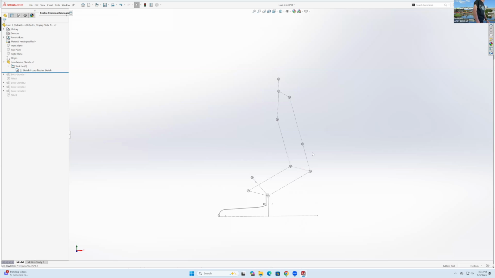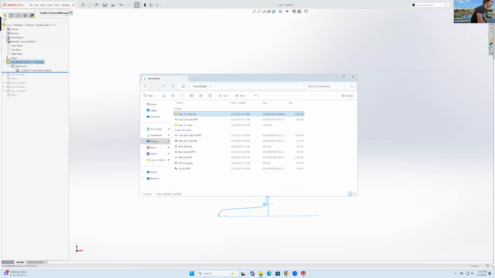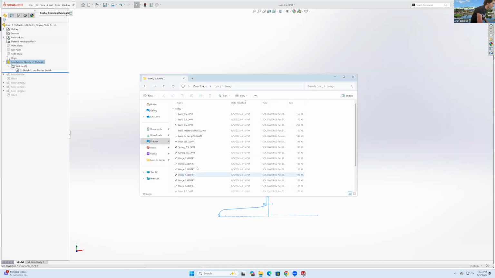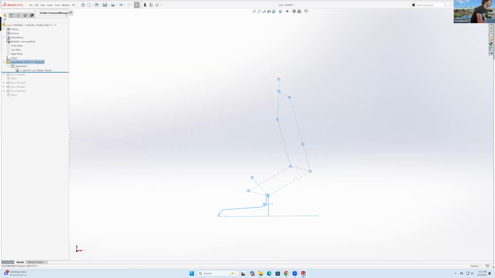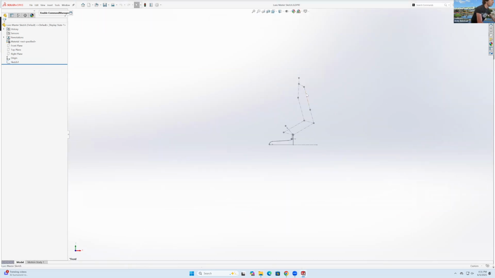And in the same way, there's a very powerful master sketch thing, I keep on bringing it up, is that now this was like the first time that you can insert sketches into other parts. So if I were to go to, let me show you something, right? Let me open the master sketch as an example. Let me go here to Luxo lamp, Luxo master sketch, which is this thing. I can edit this part,